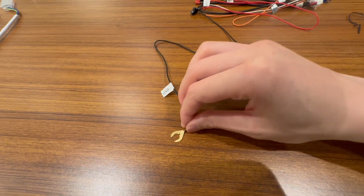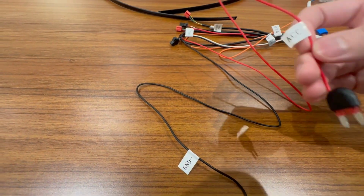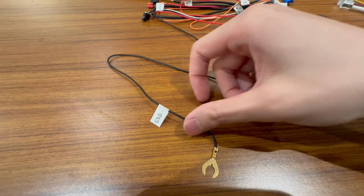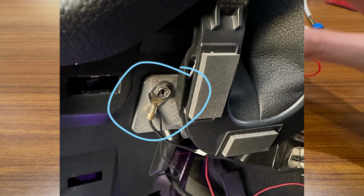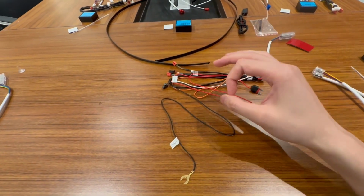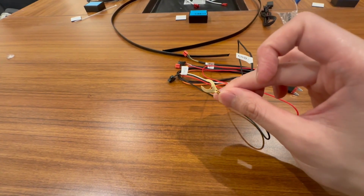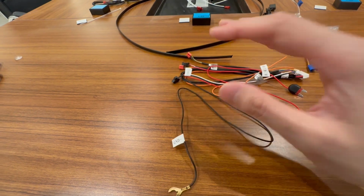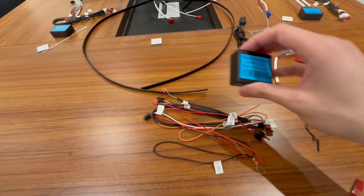For the negative wire, you can differentiate it because it says ground negative. How you know it's the positive? It's red. It says ACC, which means accessory mode, if you wanted to know. But for the ground cable, there's going to be a 10 millimeter screw / Phillips right on the top part of the driver's knee area. Once you pull the fuse panel off, and I'm going to show you in this photo right here, this black screw. Once you loosen it a little bit, you just prop this in there and then you tighten back down that screw. Your kit is now grounded and powered on for your master controller,